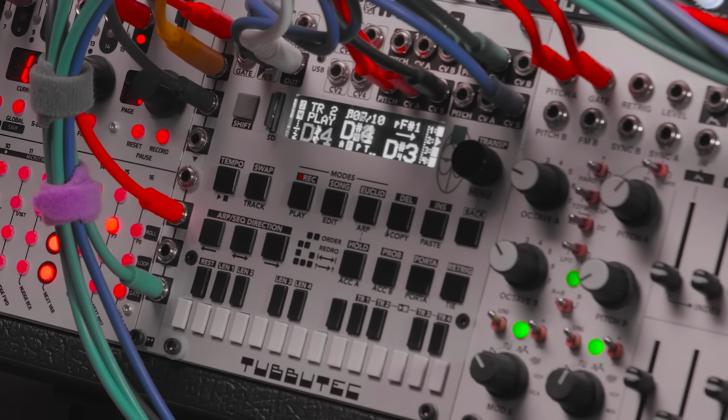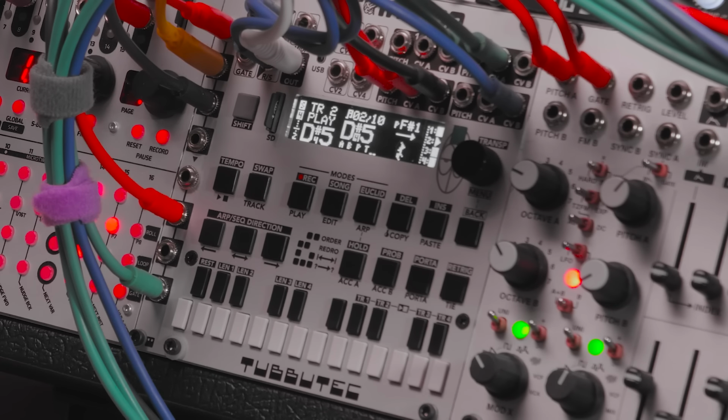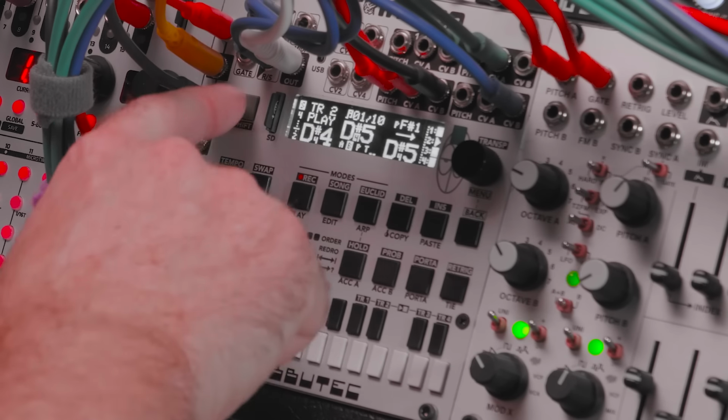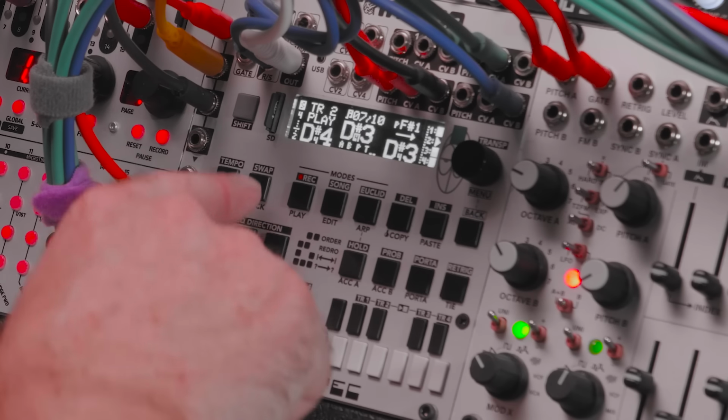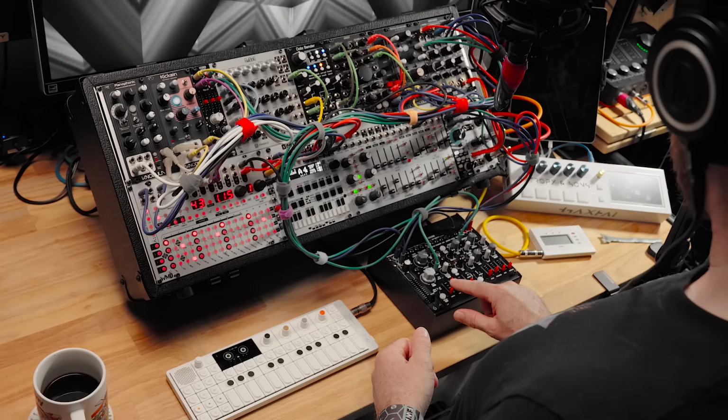So for my set, what I went and did was I just went and recorded a set of 4 patterns for each one of the things that play here. The SH101, the Atlantics, the Pianophonic, the Onroy. So track 3 is the Onroy here. I'll go ahead and hit swap to go to the next track. So this,